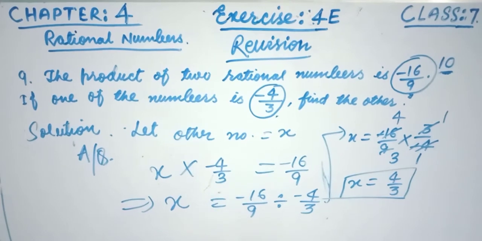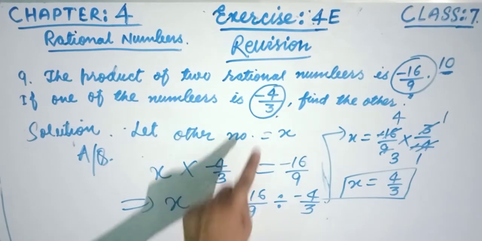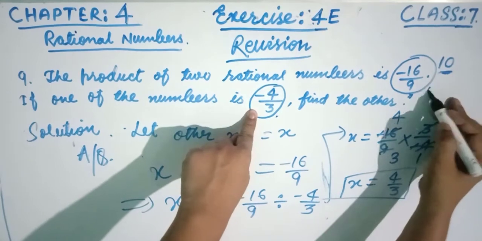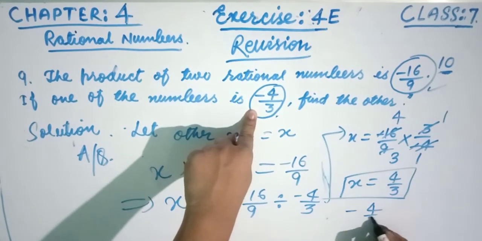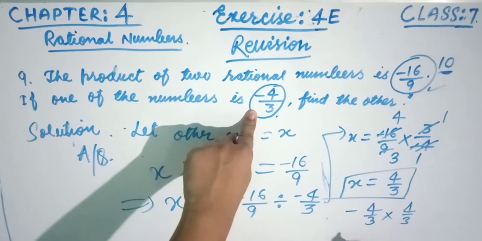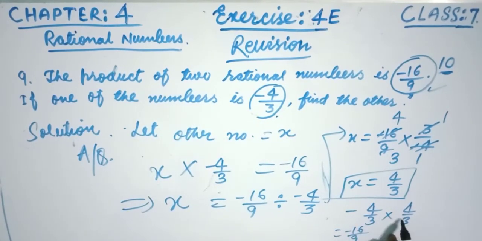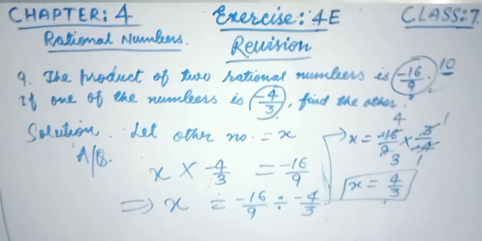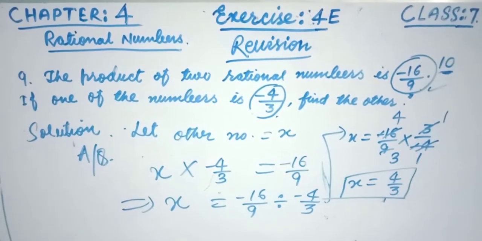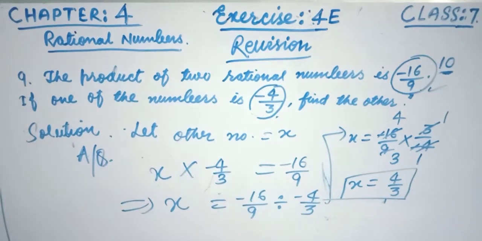Now check whether it is correct or not. The product of two numbers, this number and the other number. Now see friends, this is minus 4 by 3 and this is 4 by 3. If you multiply, friends, this is minus 16 and 3 threes are 9. Numerator multiplied by numerator and denominator multiplied by denominator gives minus 16 by 9, hence proved. And so our answer is correct, friends, 4 by 3. I hope friends you can easily solve all the sums. Because we are all aware of and conversant with all the questions, you can easily solve the sum.